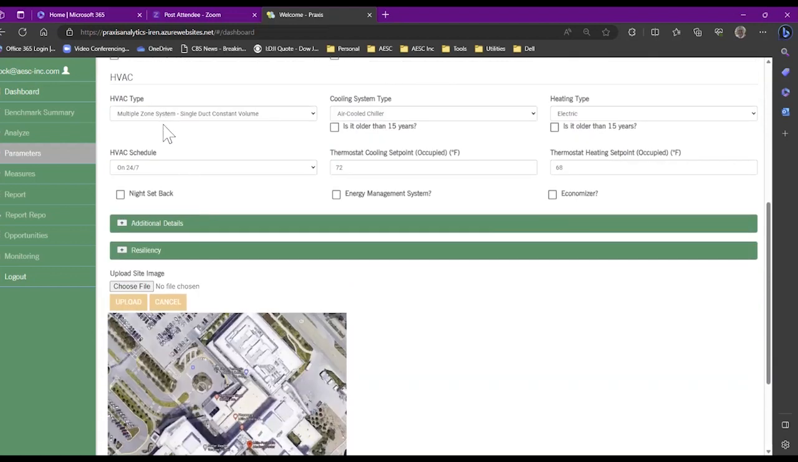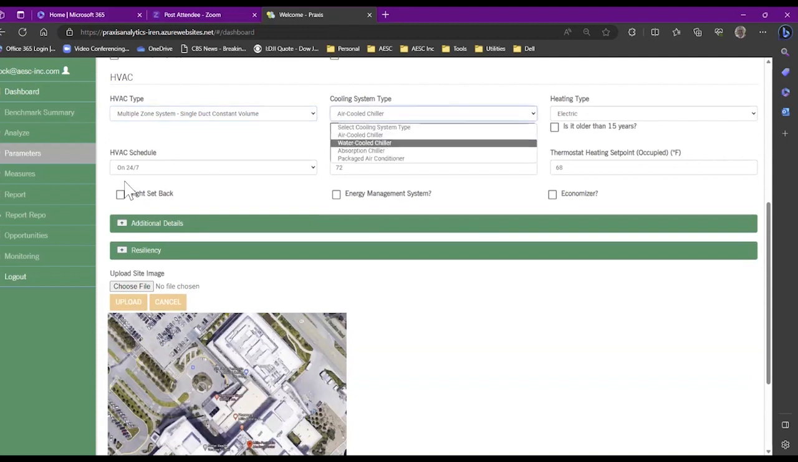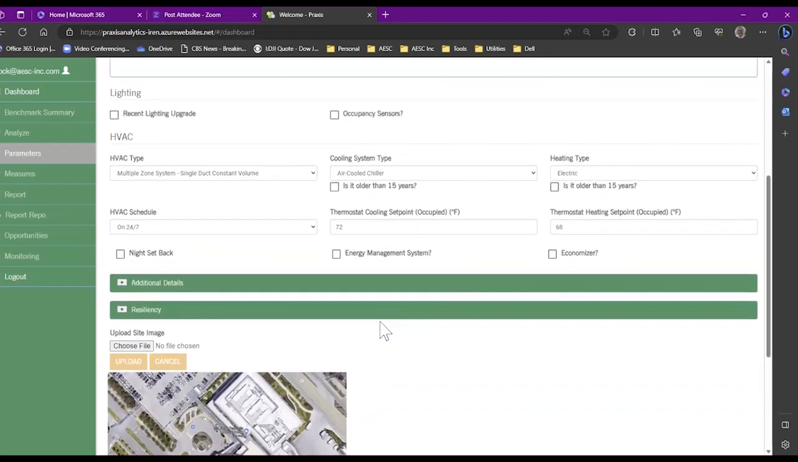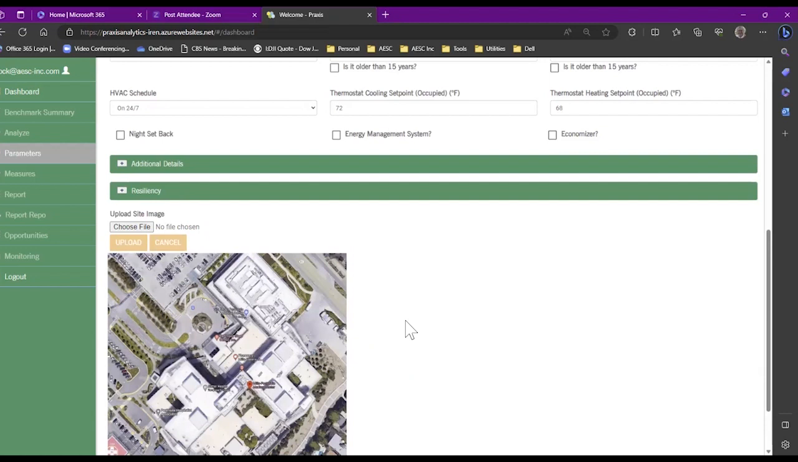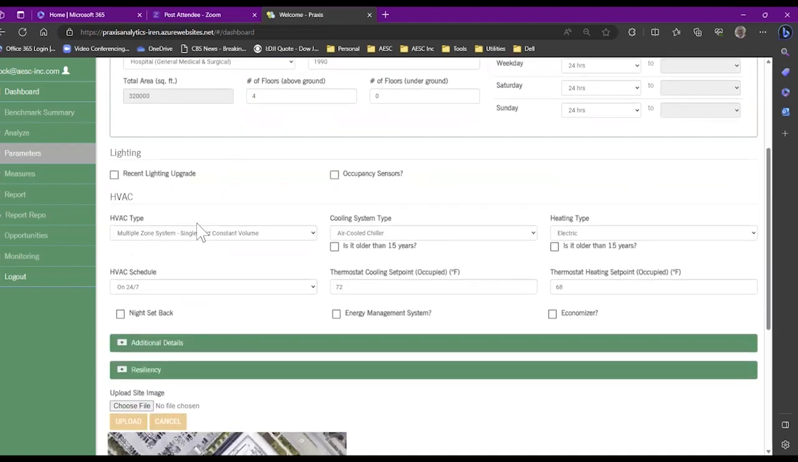We can pick some high-level HVAC, cooling type and heating types, and as you can see, you can upload a picture of the building, say from Google Maps. So even if you haven't been to the building, an energy engineer can make some pretty good assumptions on what type of equipment. If they see a big building with a cooling tower, they can assume that there's some kind of a chiller on it,